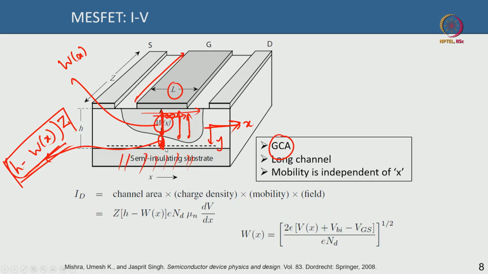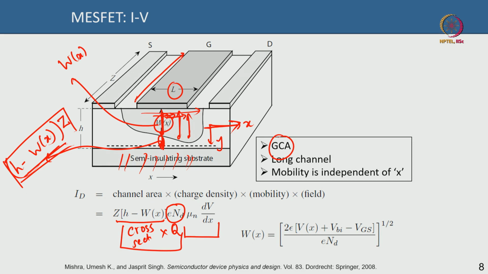You multiply that with the charge density, which is q times the doping. So if you multiply the cross sectional area with the charge density, you get the total charge, correct, and then you multiply that with the